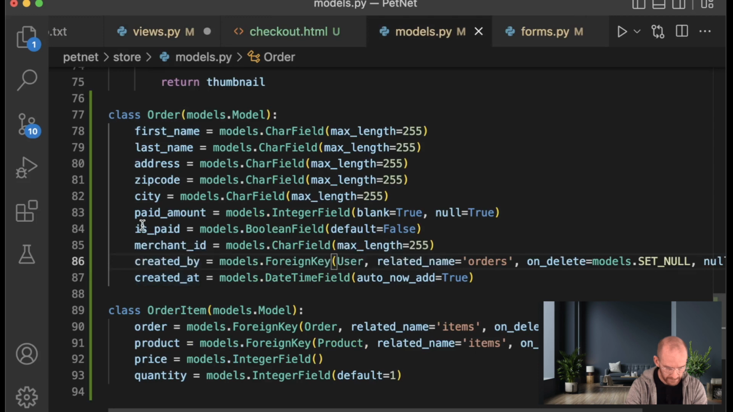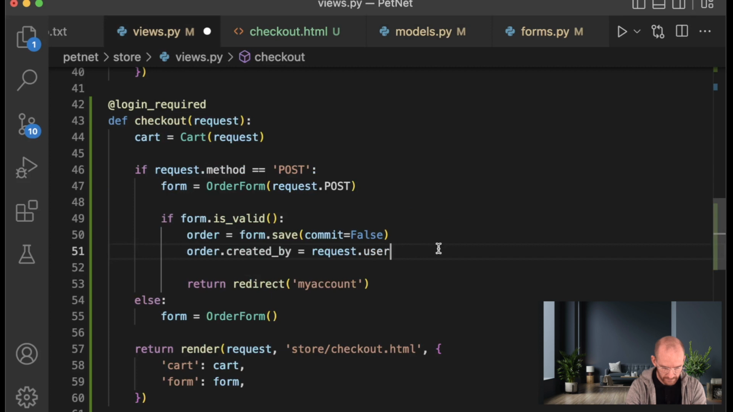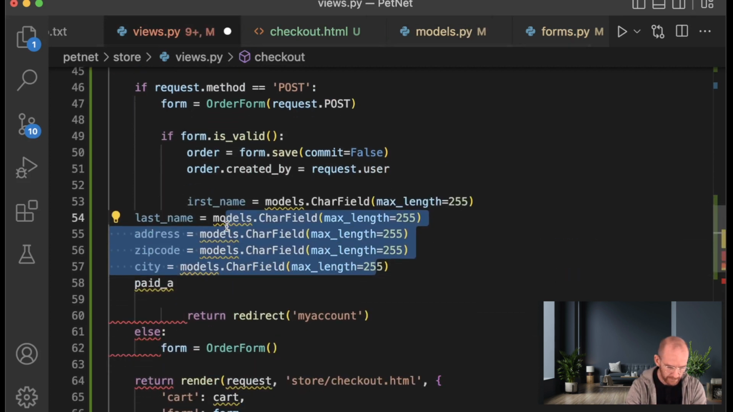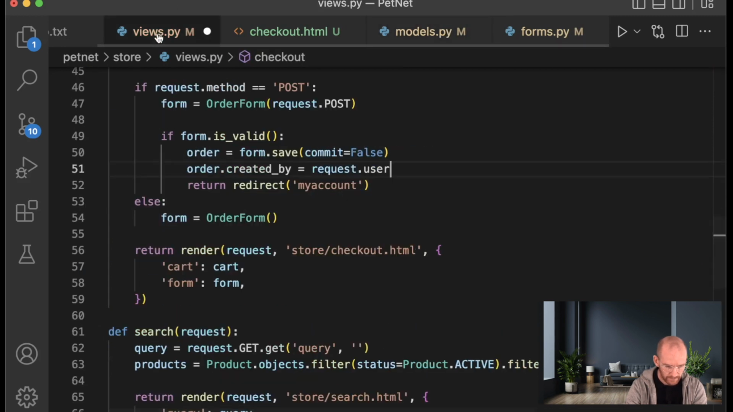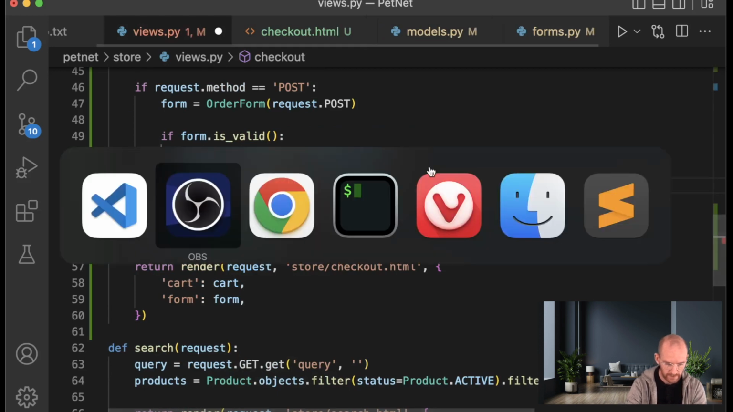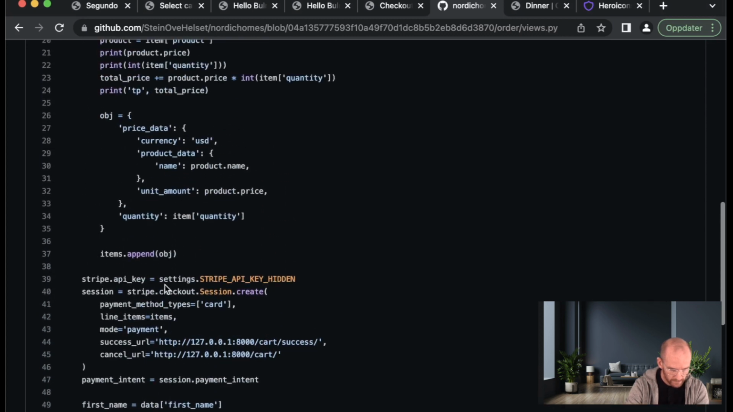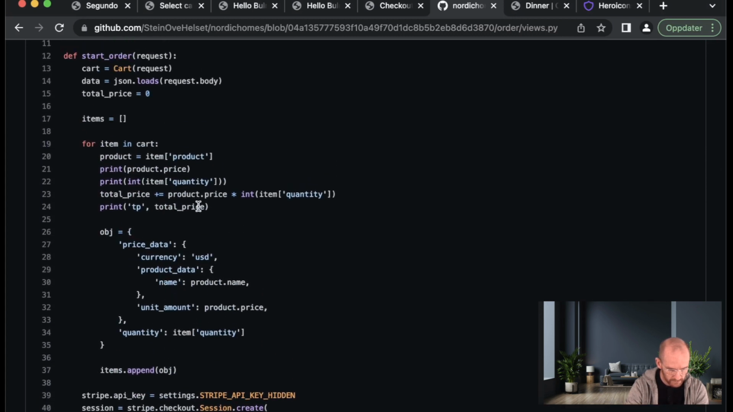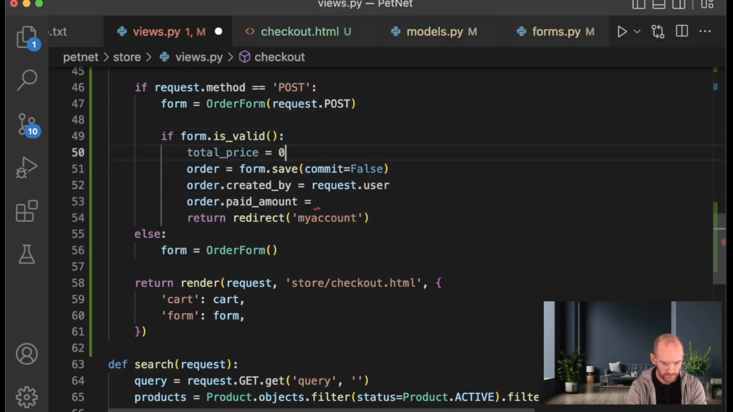And what other fields are we using? These are added automatically, but I need to set the paid amount. So order.paidAmount equals, and then I need to get the information from the cart, which should just be total price. Okay, it looks like I actually need to create this manually here, because I haven't looped through it yet anyways. So total price,